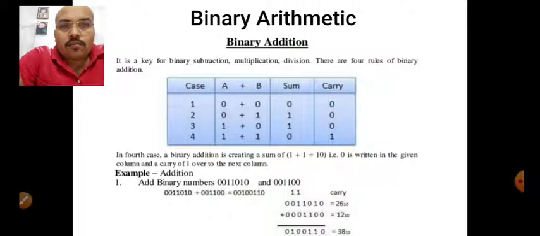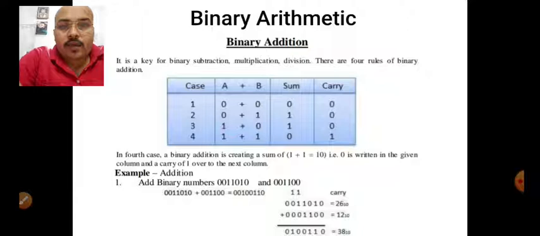Today I will move ahead in our first chapter, and in this chapter the next topic of our course is binary arithmetic. As the name is very clear, arithmetic, that means we are going to have some addition, multiplication, subtraction as well as division. But here these are not normal addition, subtraction, multiplication and division. We have to perform some rules,